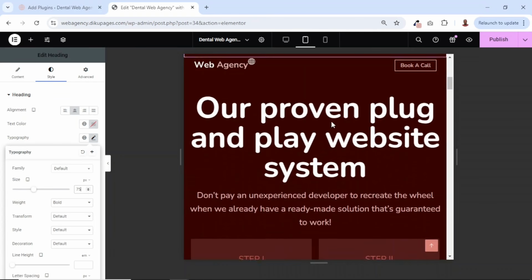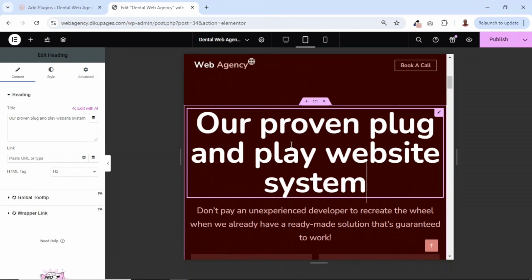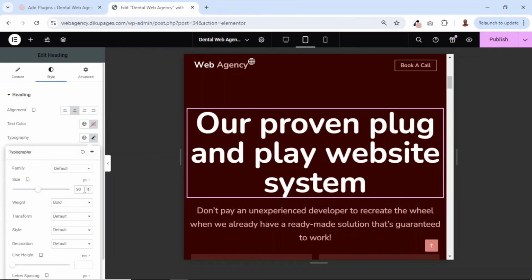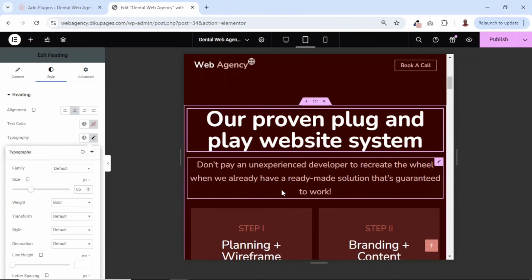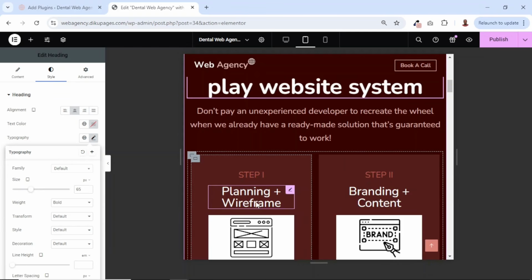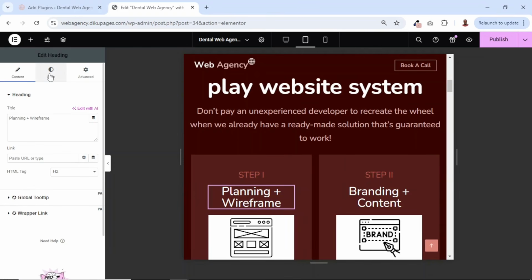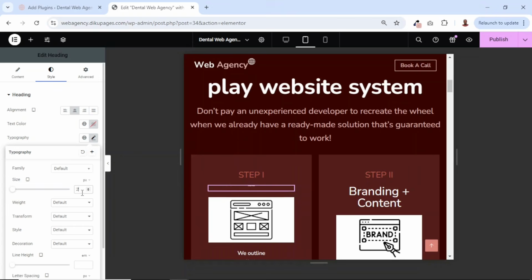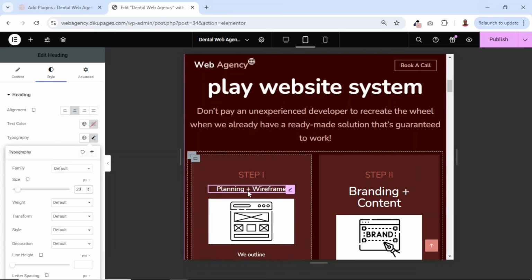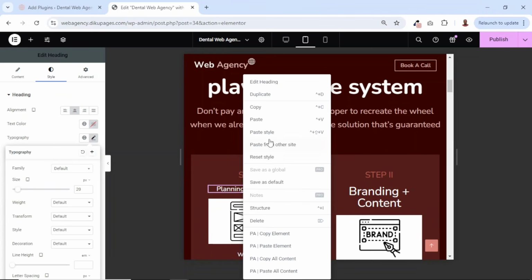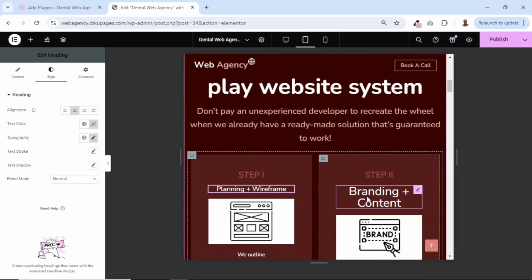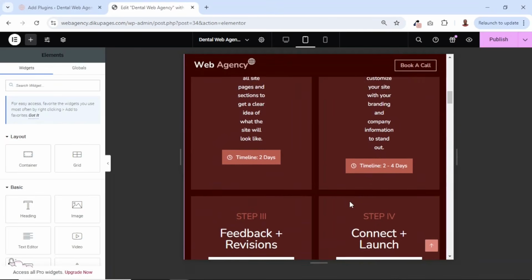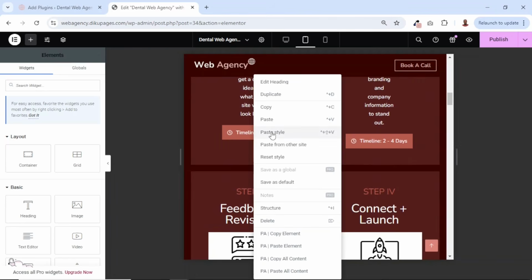Going down, I select this one, then I go over to style, typography, I change the size to 65. Going down, I will select the title here, then I go over to style, typography, I'll change the size to 20 so that it will be in 1 line. And what I do is I just right click, click on copy, right click on this one, click on paste style. Going down, I do the same thing for the rest of the 2. Paste style,